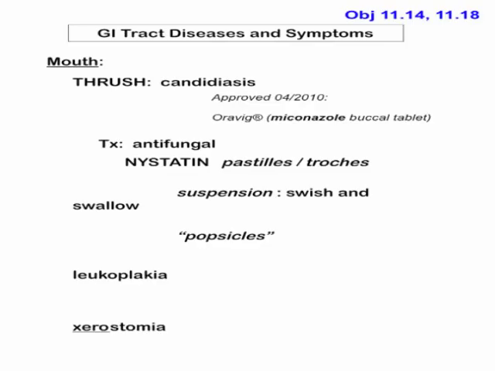Now we will discuss some diseases and symptoms of the GI tract. First, we will talk about the mouth. There is a term called thrush, which is a fungal infection of the mouth, caused by a species of fungus called Candida. This leaves a white appearance in the mouth and can be treated with antifungal therapy, such as nystatin pastilles or troches. There is also a suspension of nystatin, and you would recommend doing swish and swallow. There is also a popsicle form